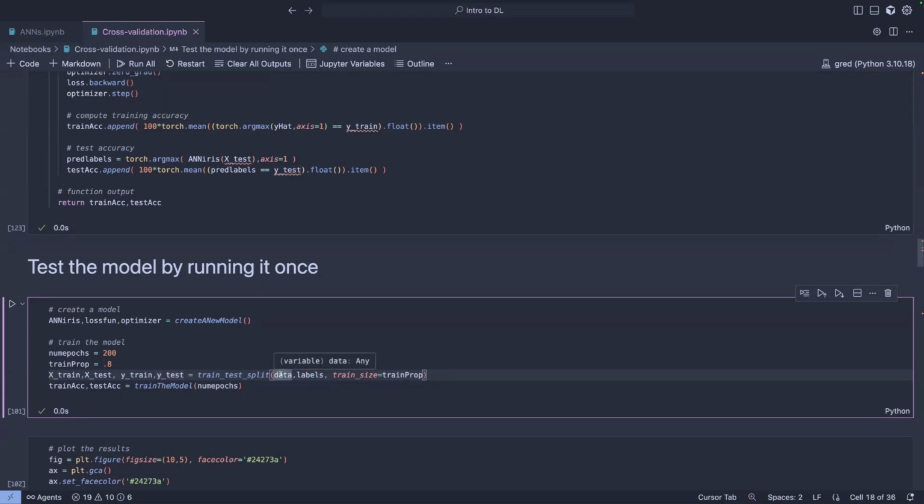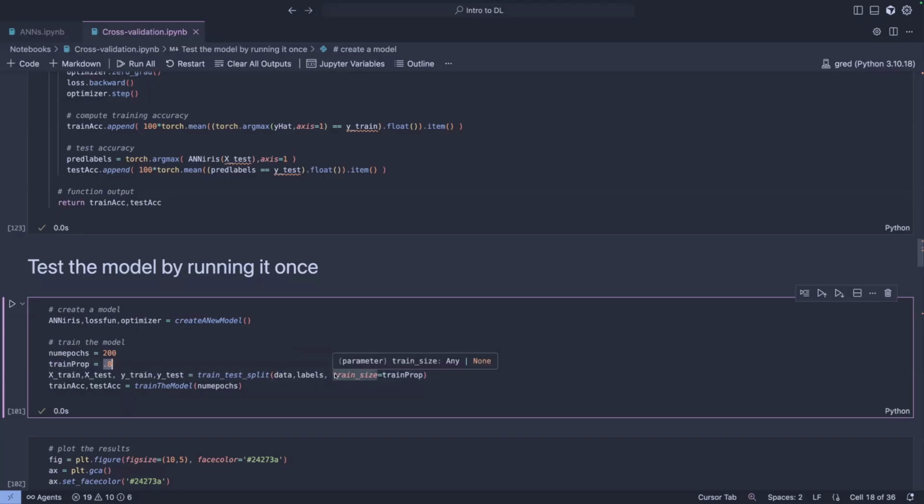One is your data, which is the features of the data that we defined from the iris data. And the other is the labels, which is the vector of the labels that has the different species encoded as 0, 1, and 2. And then it's taking an argument that is a train size. And for the train size, I'm passing this train proportion here, which is the same one that I used before, which is 0.8.